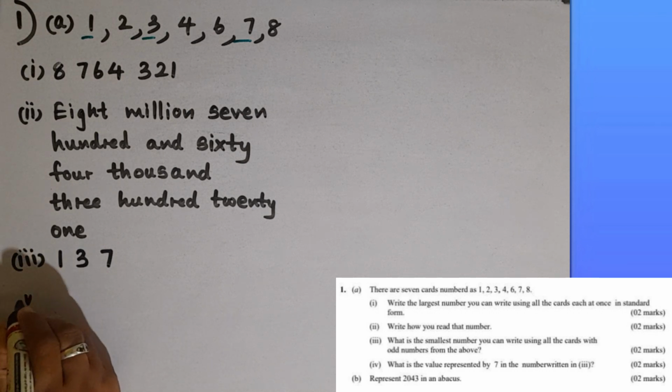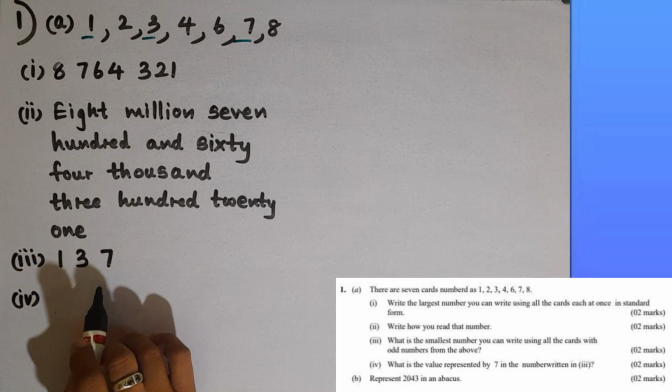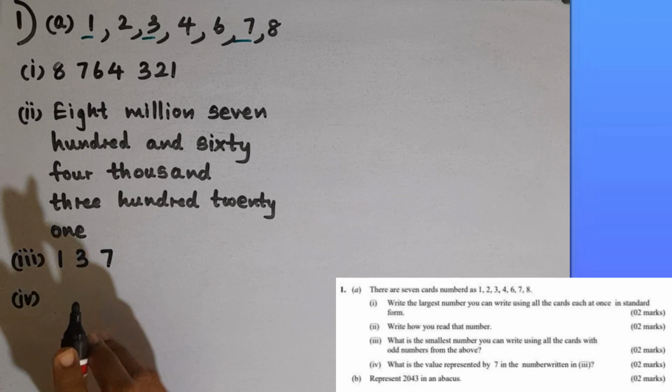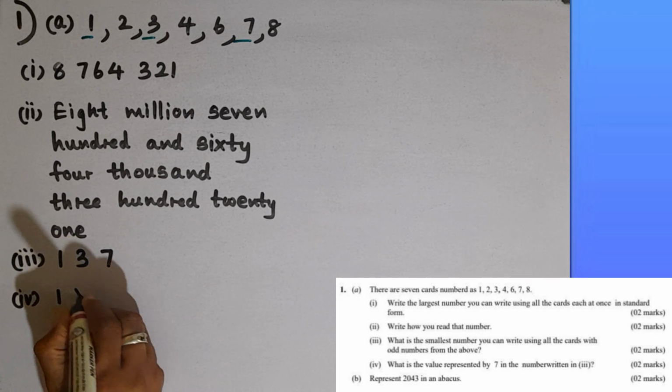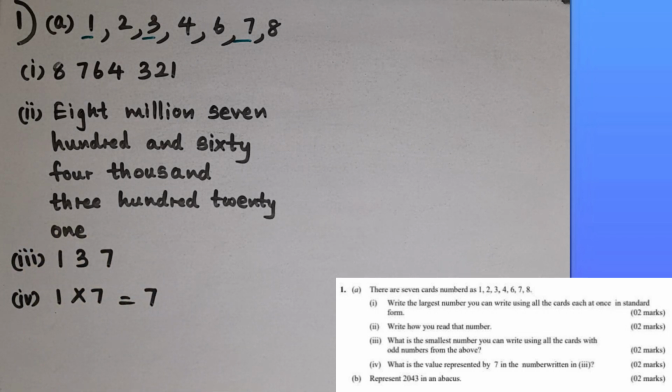Then question number 4. What is the value represented by 7 in the number written in 3? Here 7 is in the ones place. The place value in the ones place is 1. So 1 multiplied by 7 equal to 7. So the value represented by the digit 7 in the number is 7. Then B part, represent